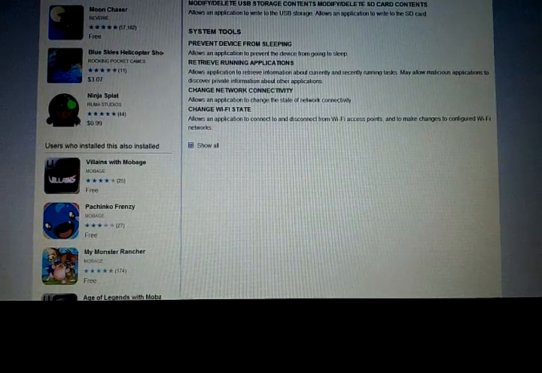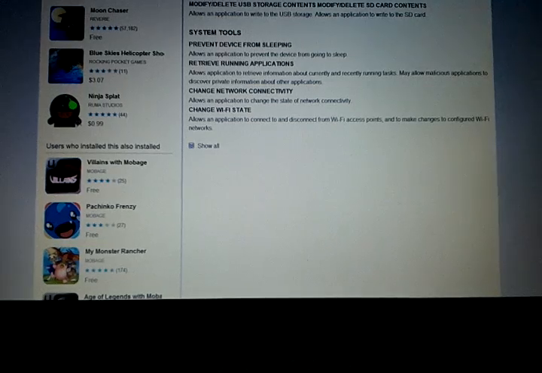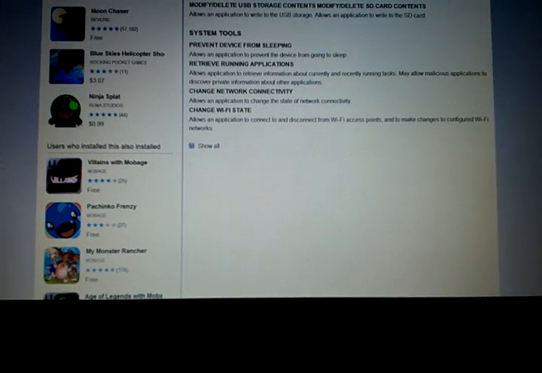This application can retrieve information about currently and recently running tasks, which may allow malicious applications to discover private information about other applications. So it can be doing a little bit of snooping. Again, I cannot say what that permission is there for. I will not say that it's malicious in any particular way.